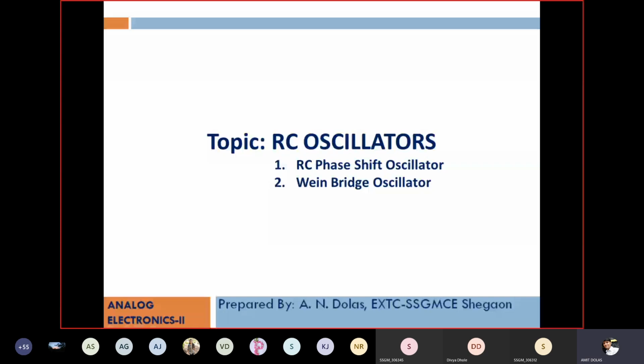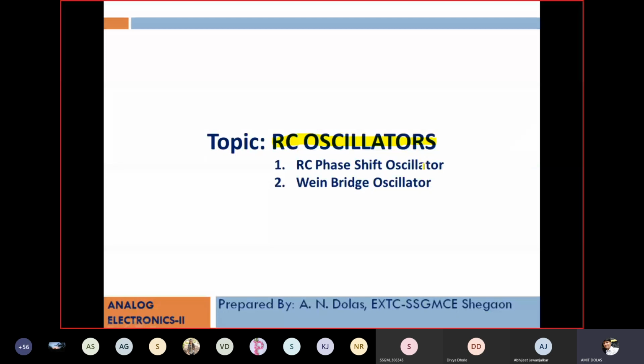Okay, good afternoon. Today's topic for this lecture is RC oscillators. We know what the use of an oscillator is. An oscillator is a circuit which converts DC into AC. We may have several patterns in the oscillator output, like square wave, sine wave, and relaxation oscillator, meaning a type of pulses,